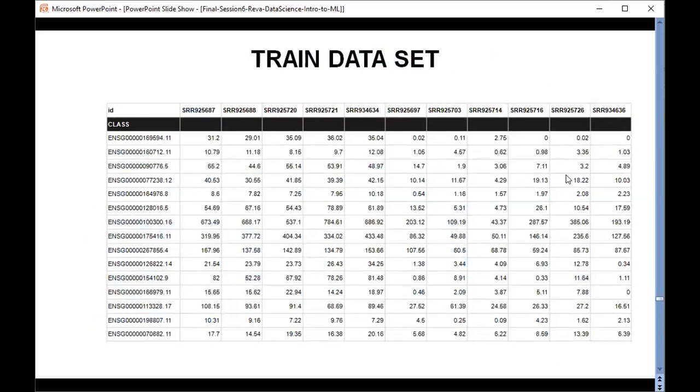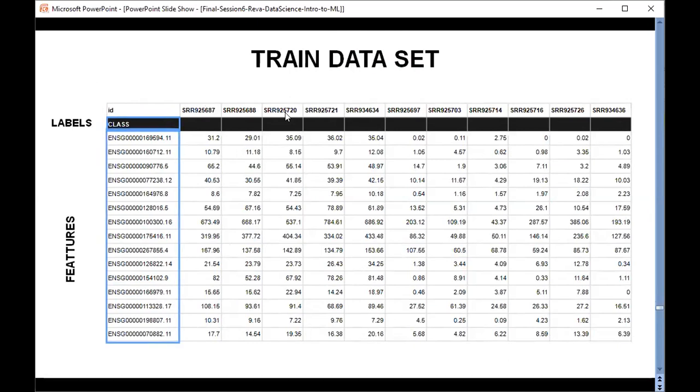So let's understand what the training and testing data are in supervised machine learning. In the training data, as I have already told you, we always have a class. This is like a gene expression table where the columns represent the samples and the rows represent genes. Apart from these, we always provide a class which defines which class a sample belongs to. This is training data.